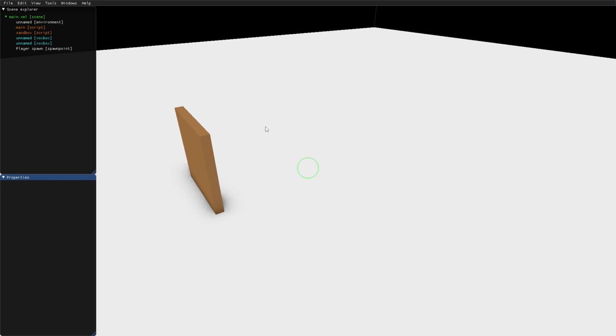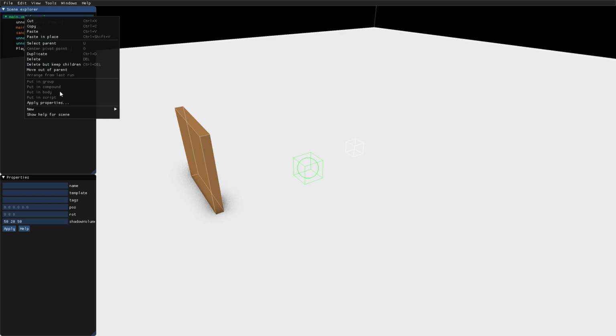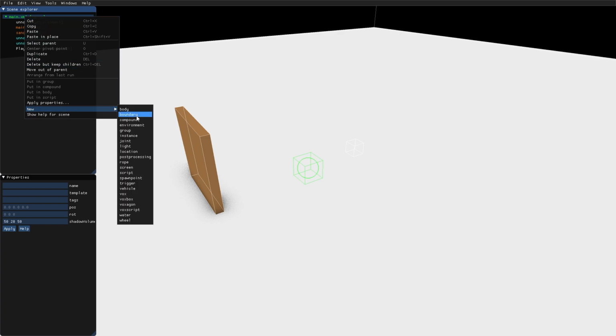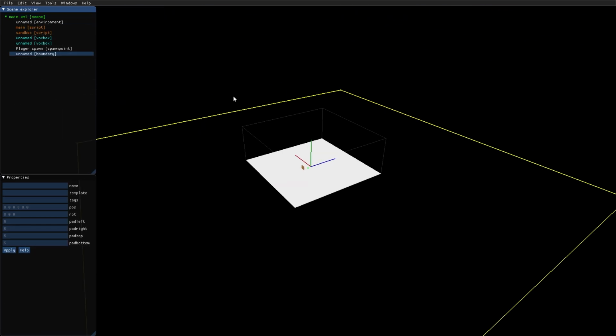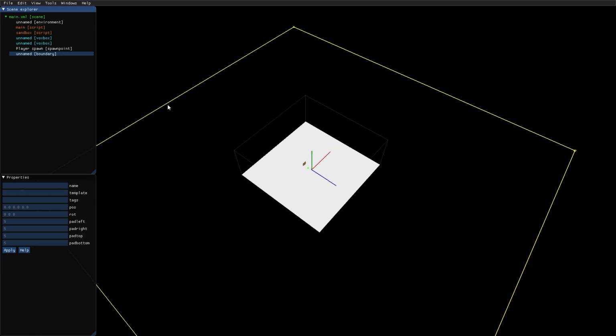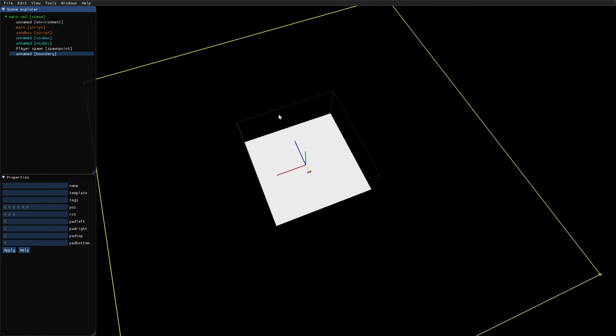Another very useful node is the boundary node. It's not in the template by default, so let's create one. I select the scene node, right click, and select New, Boundary. Here we can see that this yellow line has been added to the level.